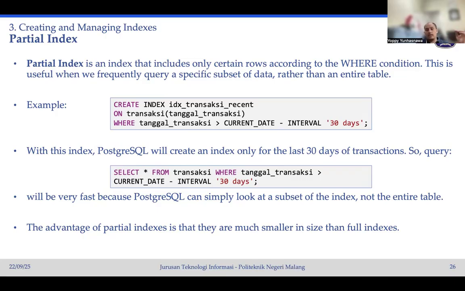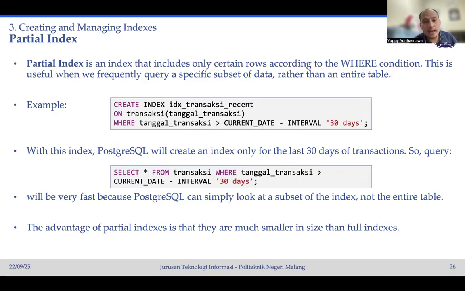It is seldom that we need to show the user a history that is more than 2 or 3 years. So if the case is like that, instead of creating an index for all of the data from maybe 10 years ago until now, which will cost us a lot of space,